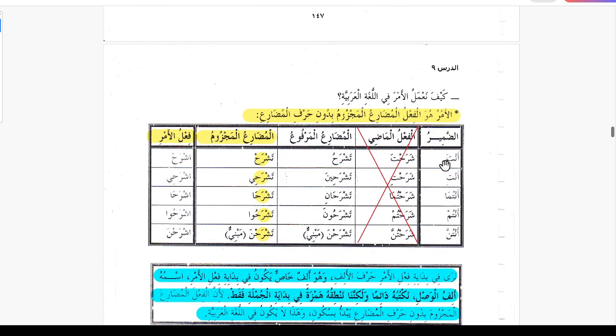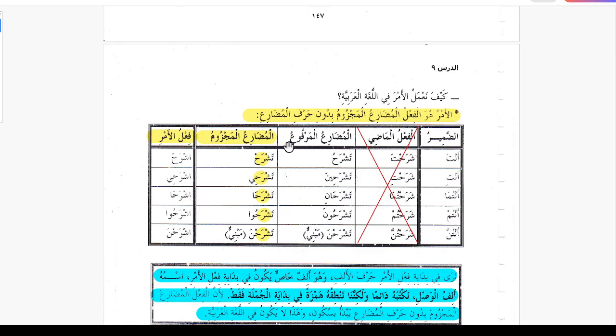Like here, say for example, we take this example: anta, sharaha yashrahu, and for anta, yashrahu changes to tashrahu. Sharaha, yashrahu, for anta it changes to tashrahu. So we're going to start from here. Tashrahu, you explain. Now first of all we have to make it majzum. So tashrahu, we have to put a sukun in the fi'l mudari' majzum. We have to put a sukun here. So tashrahu changes to tashrah, and then we remove the